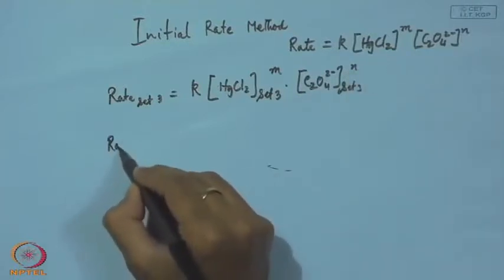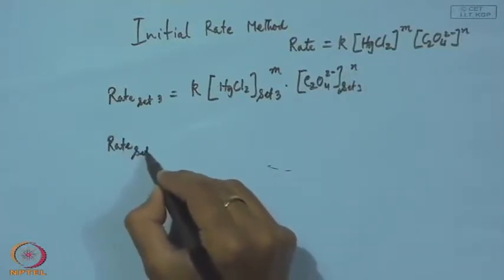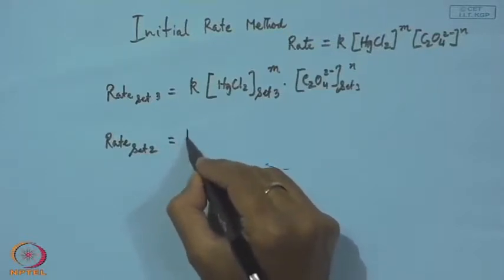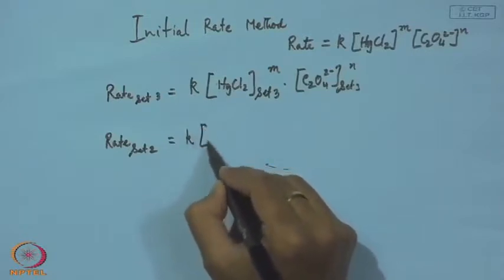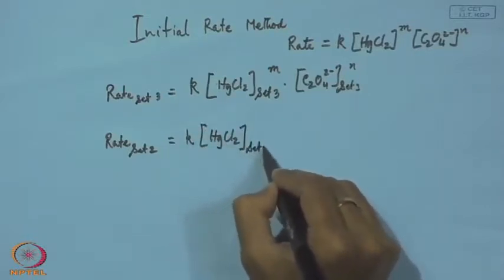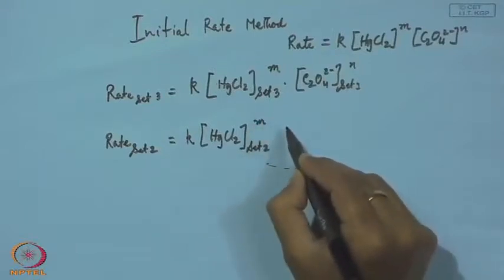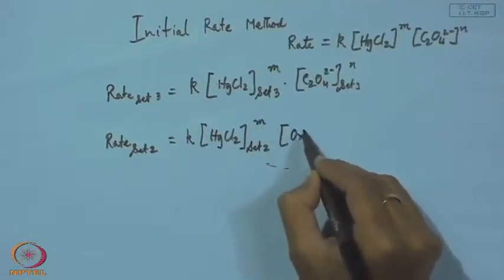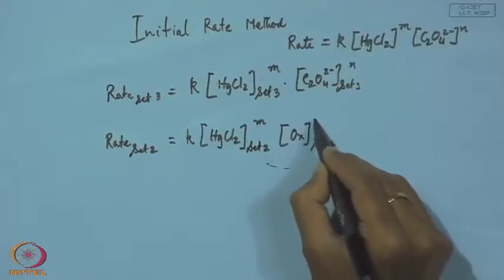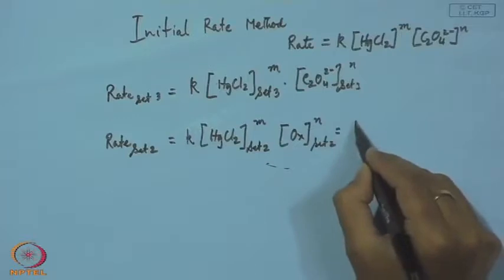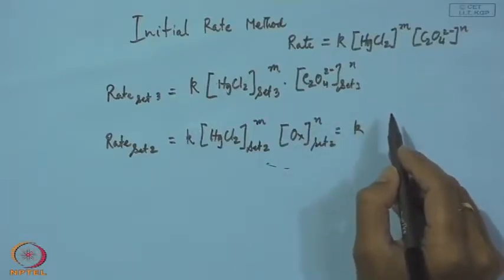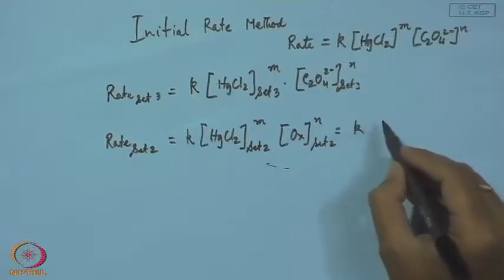For set 2, rate of set 2 is equal to again K, the same rate constant, [HgCl2] of set 2 to the power m, then oxalate of set 2 to the power n, which is equal to